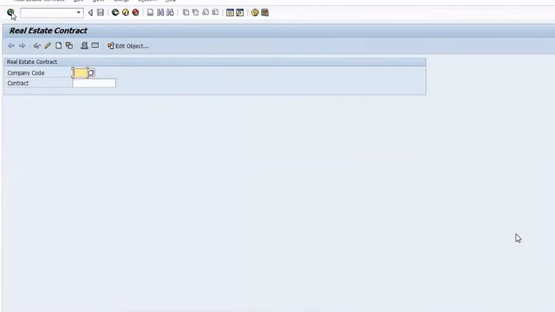For the creation of the contract, we are using the T code RECN. Once you have entered the RECN transaction code in the SAP command field, this screen will open. You have to fill in your company code and click on Create Object. Getting my points? Once you click on Create Object, then